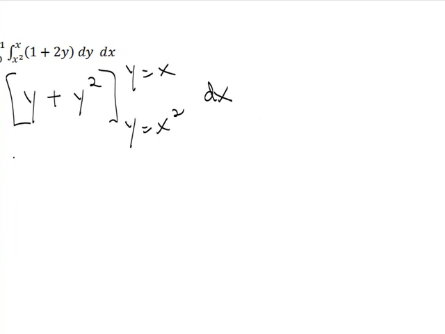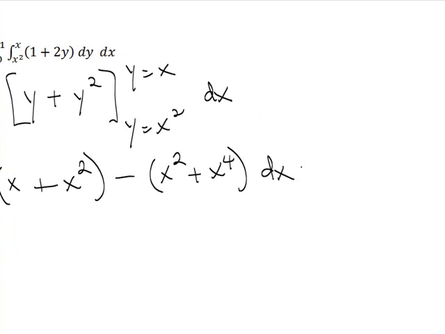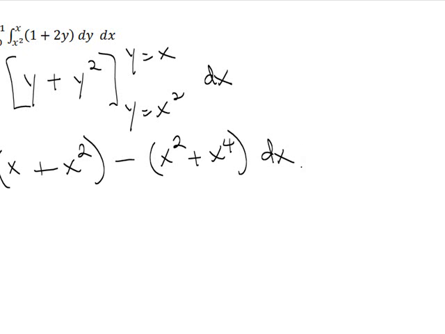Please use parentheses because signs are going to change and you have to be careful. So put y equals x, that's x plus x squared in parentheses, minus, put y equals x squared, that's x squared plus x to the 4th, dx. If you do that like that, you will not run into problems. If you just put down the variables without any parentheses, you will forget about changing the sign. So this ends up just being x minus x to the 4th dx,